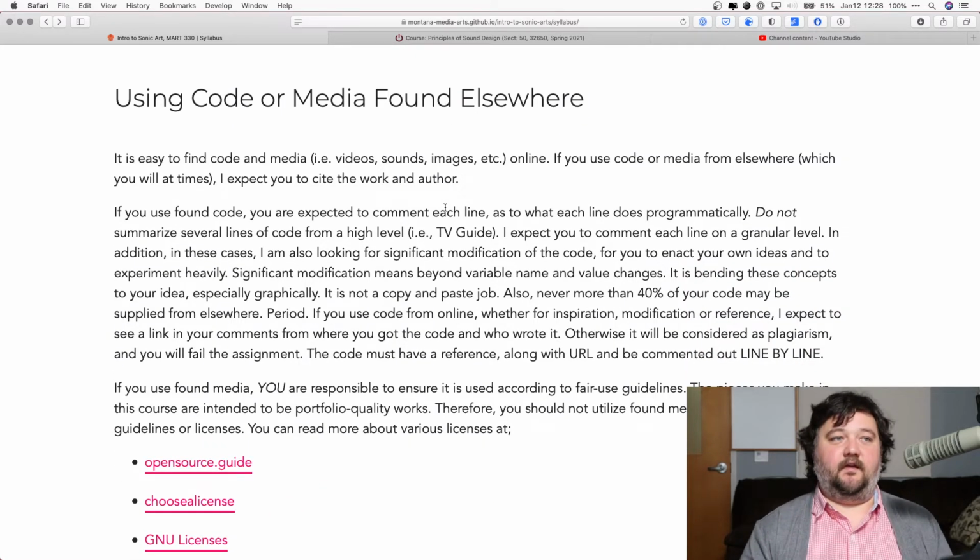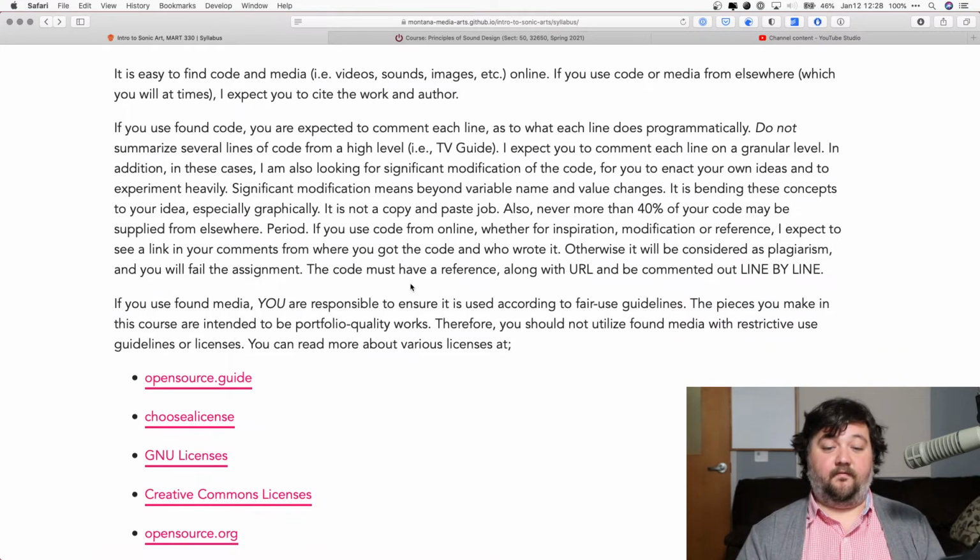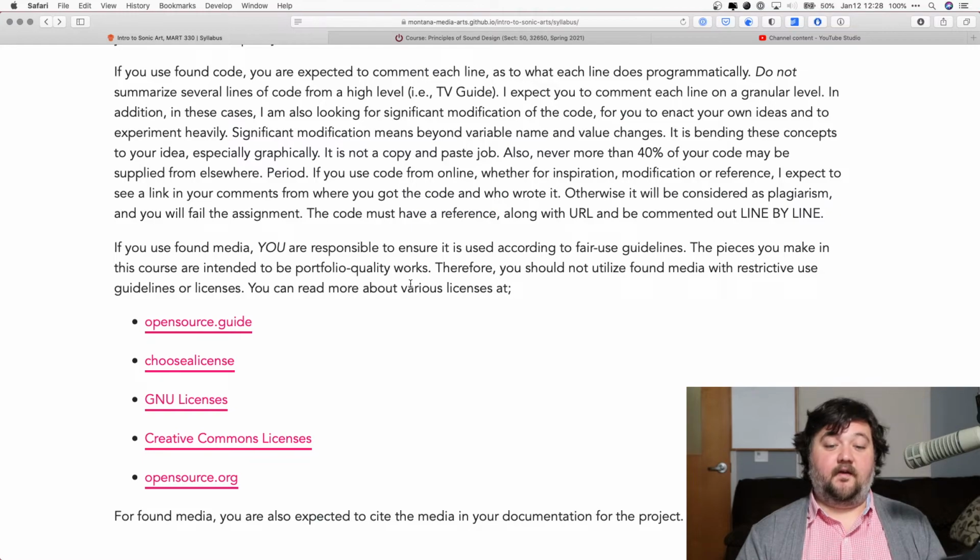That being said, you are in the School of Media Arts. You're doing stuff with audio and potentially code and other classes. This is my boilerplate language for all my syllabi, so ignore the code piece. You're not coding this semester, but you may use from time to time audio found elsewhere. The expectation is that that audio is under the appropriate license, and there are a number of licenses, including Creative Commons and open source licenses that do make that possible.